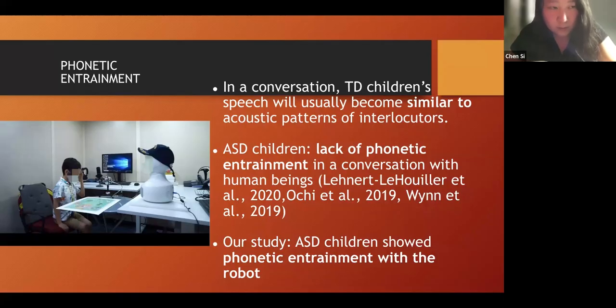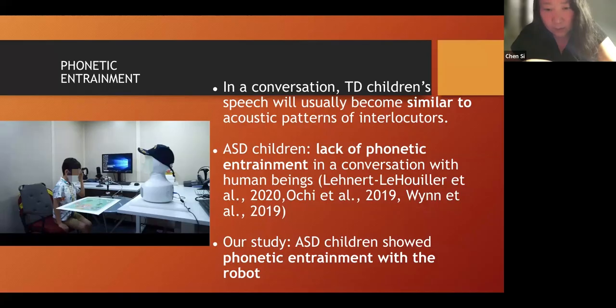So they would replicate these target words when they ask questions like, how many pears do you have in your map, or where are the pears. Then we analyzed these target words in different phases of the social interaction.